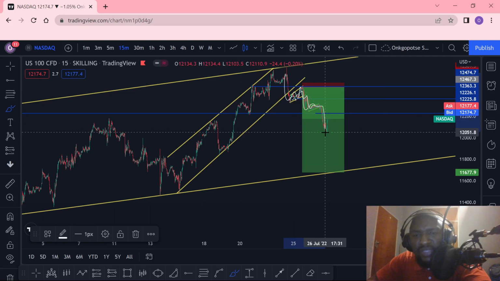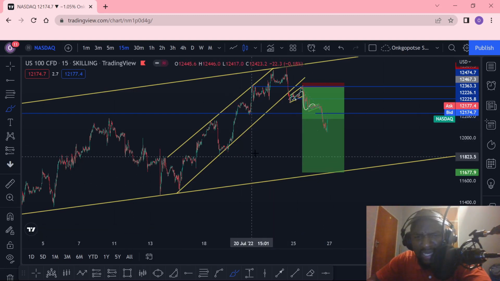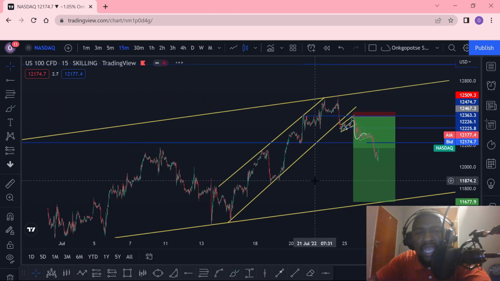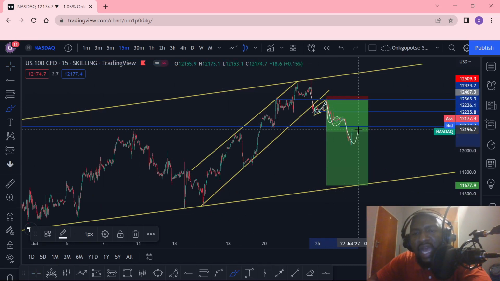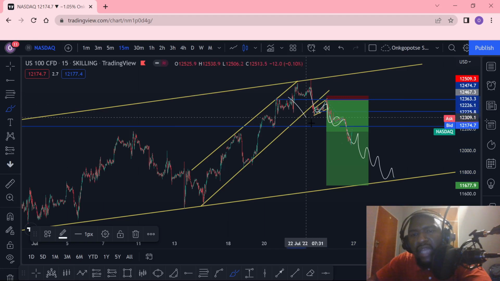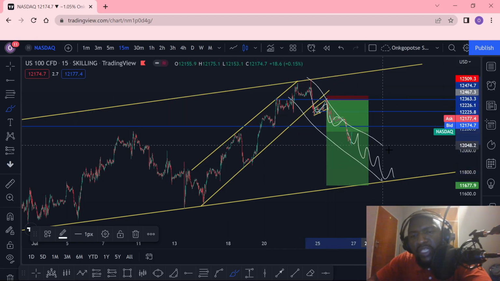So we had this beautiful impulse right here. However, the good part about Nasdaq, guys, is that it's shaping up to push price to the downside like this. If you can simply see what Nasdaq is doing right now, we are creating a downtrending channel, right? So right now we can simply look at price building up this particular thing like this, which is the downtrending